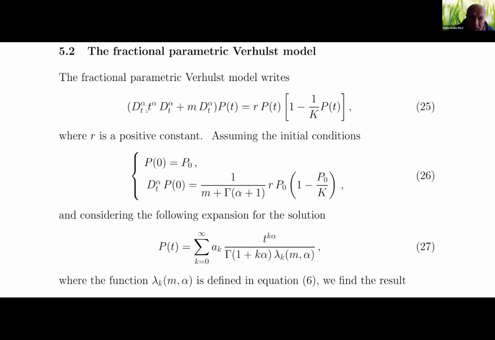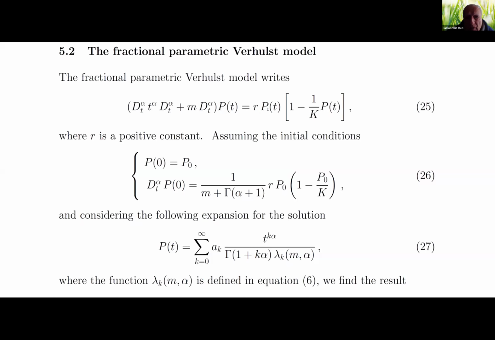If you put this more complicated operator, which is fractional and parametric, we have this equation, which puts two initial conditions like this. And in this case, the Verhulst model arises from observing that the environment does not have infinite resources,